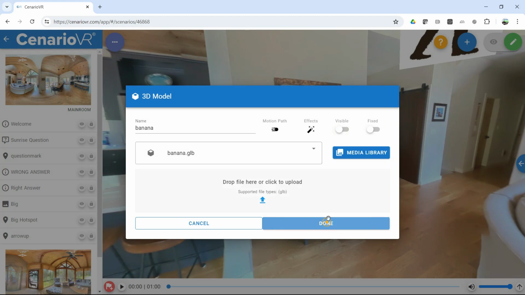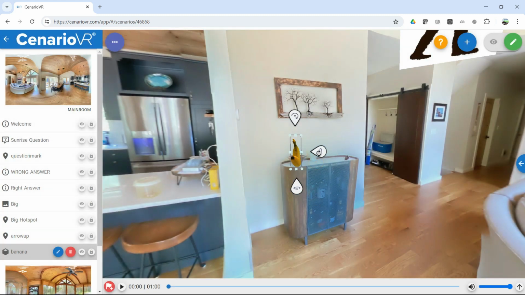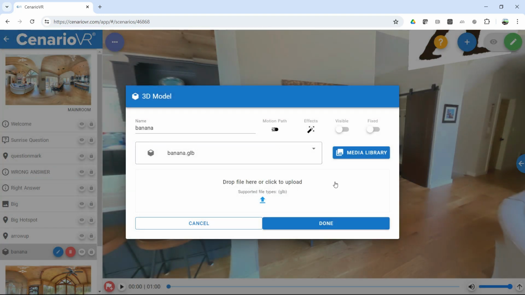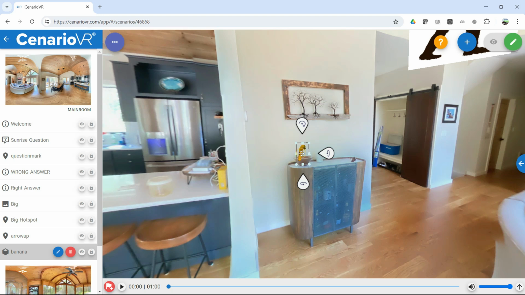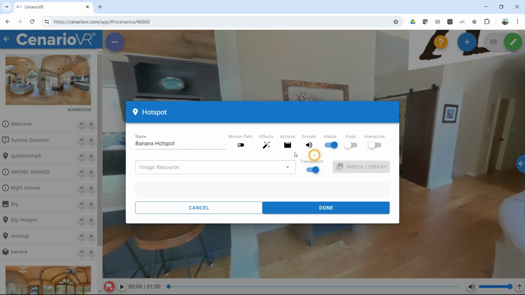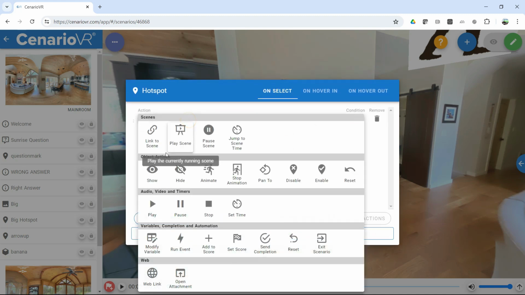I'm going to make it not visible because we'll do a hotspot. There's my banana. I can flip it around. I can shrink it, and I've got all my great stuff with my banana. So there it is. Now, if I want to do a hotspot, again, I would go here, add a hotspot. I'm going to call this banana hotspot. Okay, that's great. I am going to make it transparent, and the action is it's going to be to show